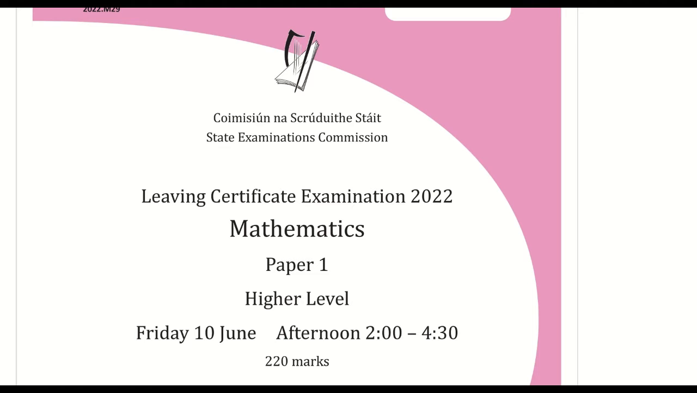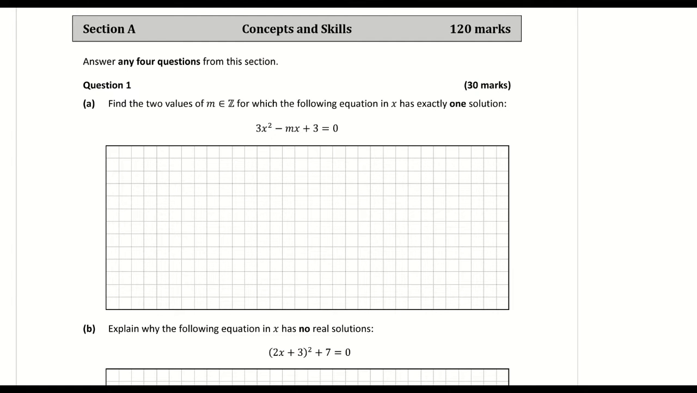These are the solutions to the 2022 Leaving Cert Maths paper 1 at higher level. Question 1a. Find the two values of m, an element of the integers, for which the following equation in x has exactly one solution. So this question here is getting us to look at the discriminant, and the discriminant is